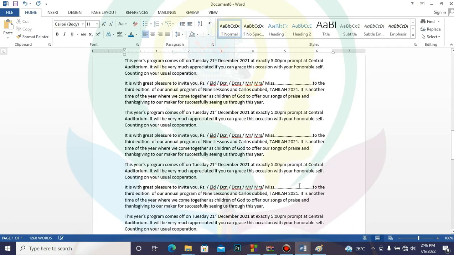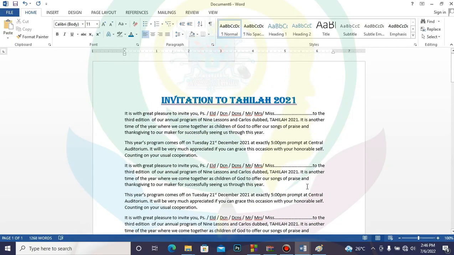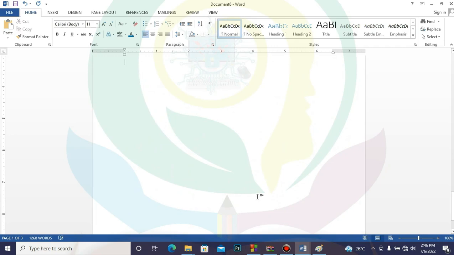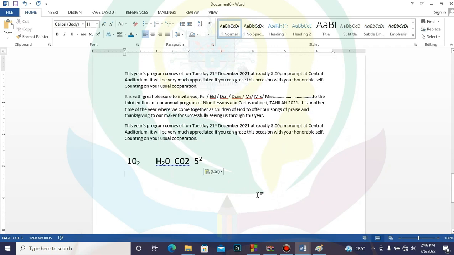You paste it and you see that what we had at the other side, we were able to duplicate it and we have a copy of it here. So this is how we copy a document. So we take note, sometimes the cutting also, you may type a huge number of